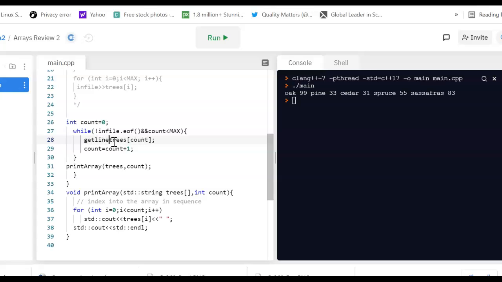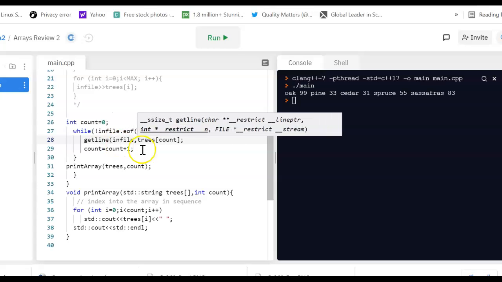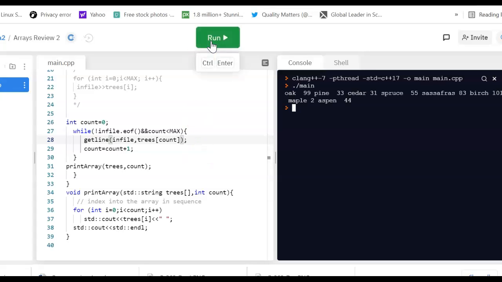So we have to change this and say, instead of reading from infile this way, we can use another C++ function called getline. It says, get the whole line up until the new line character, which is hidden, but it's there in the file, and put that whole thing into trees count. So now let's see what happens. Now, as you can see, it's actually read all